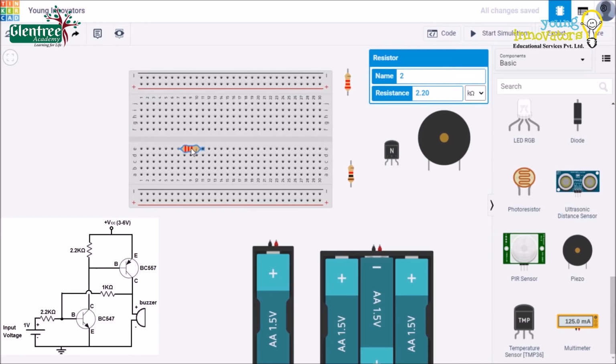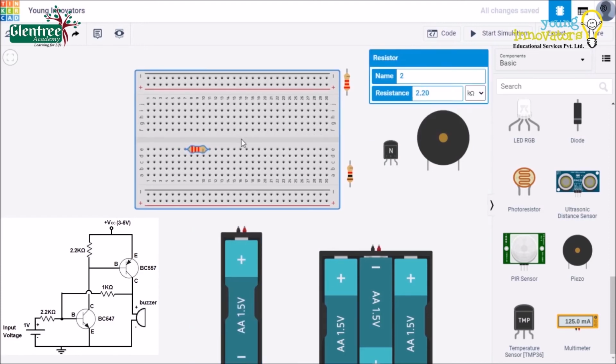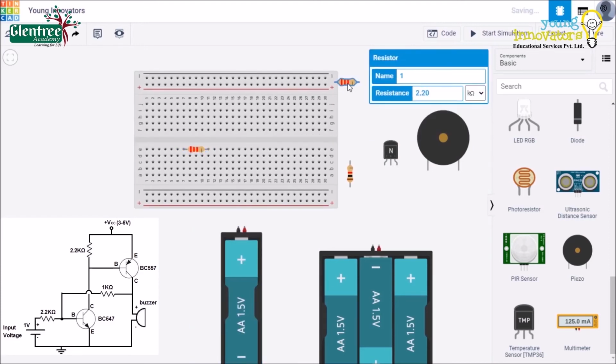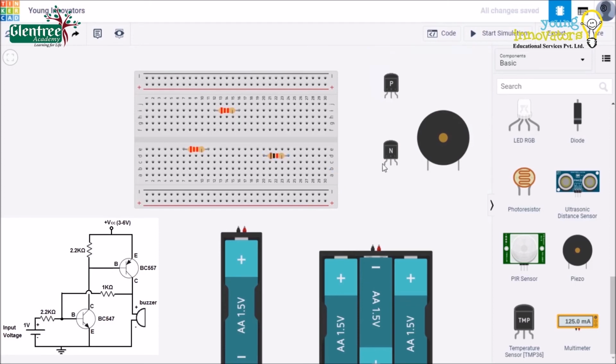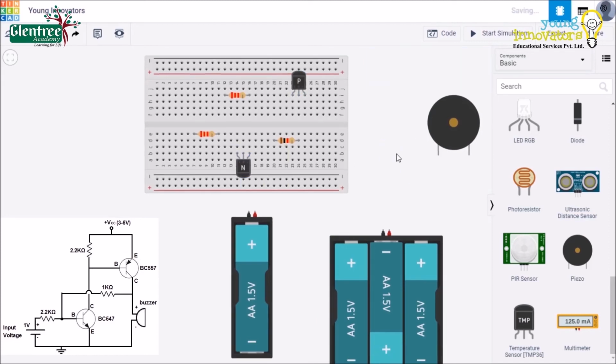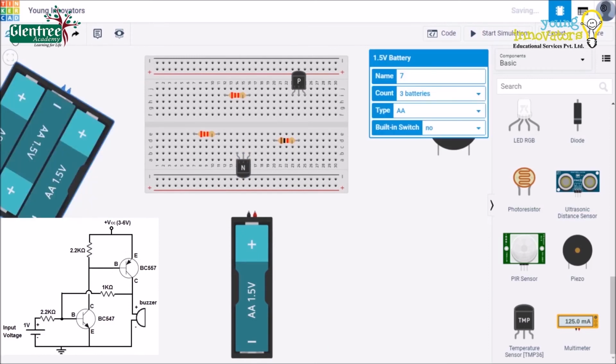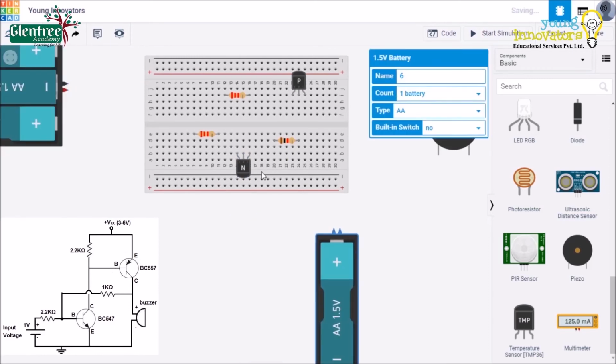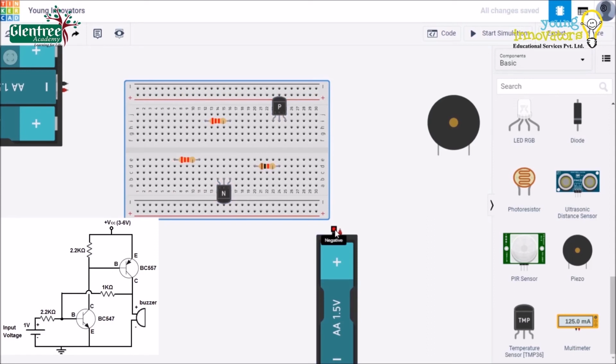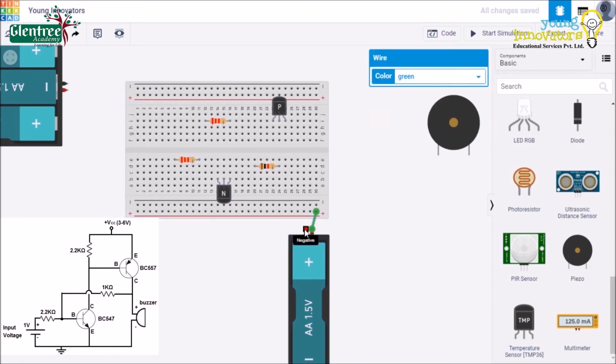First, I place all the 3 resistors on the breadboard in their positions. Next, I take the transistors to be placed on the breadboard. Next, we will place the batteries based on the position where they are needed.